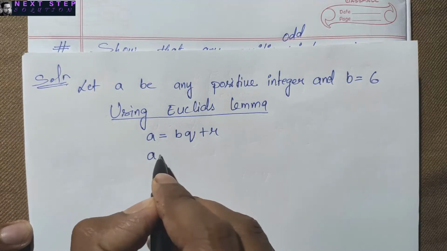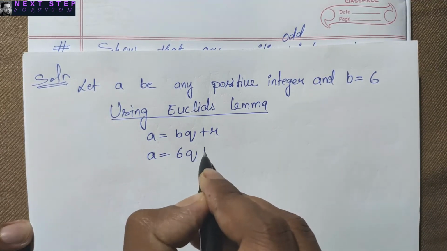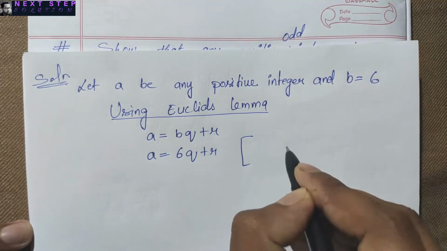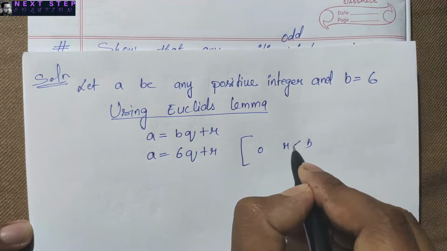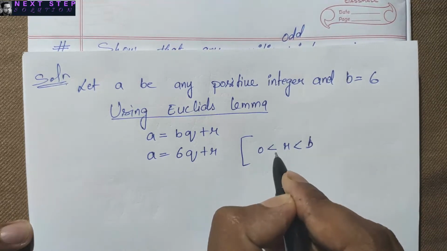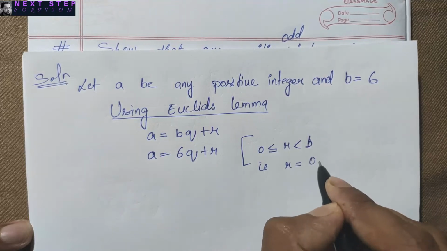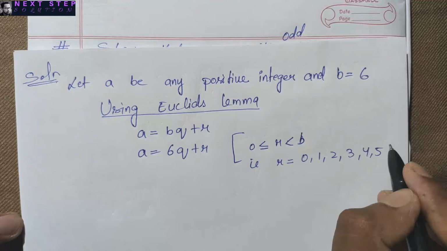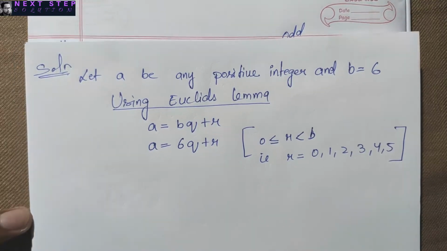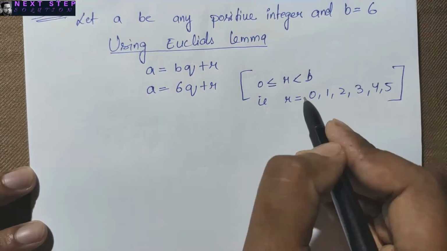Now we are not going to write b here because b's value we have taken it as 6, so we will write down as 6q plus r, and we know that r should be between 0 and b. It has to be smaller than b, but it can be greater than or equal to 0. That is, r can be 0, 1, 2, 3, 4 or 5, but not more than 5. It cannot be 6. Now in different cases we will have different answers. We will go on checking with all the numbers.